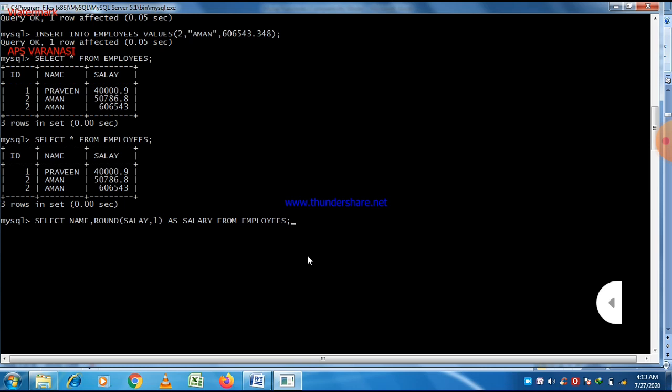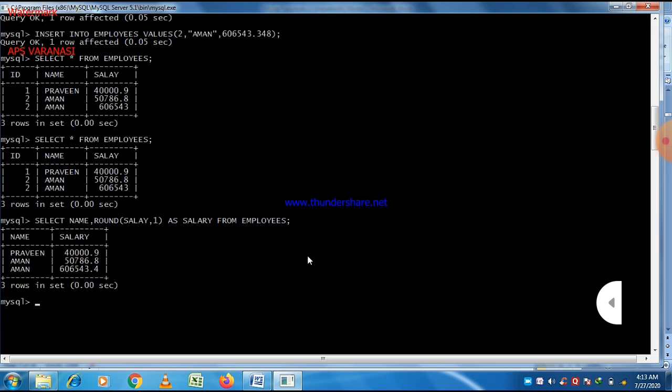This is the symbol of termination, and it represents that the statement is terminated here. After that, press enter, and you can easily see that name and salary are now the two column names, and salary is rounded off up to one decimal place.